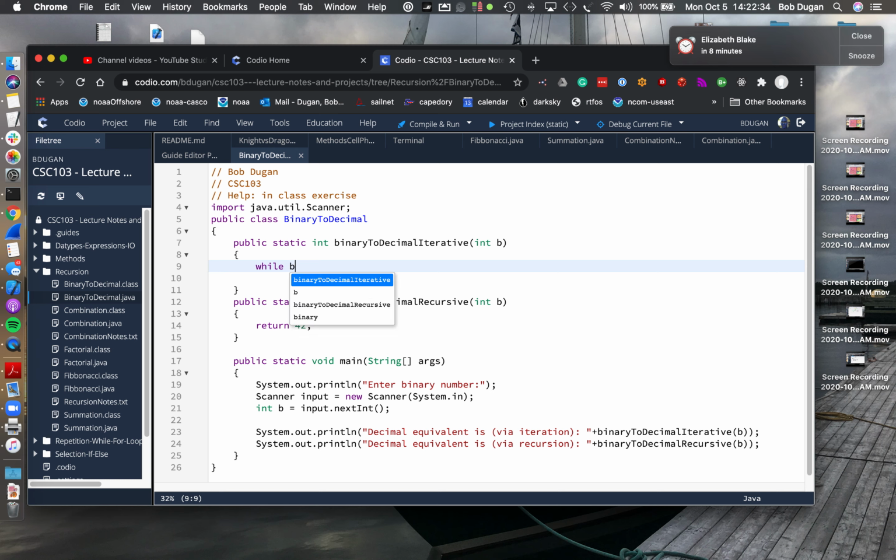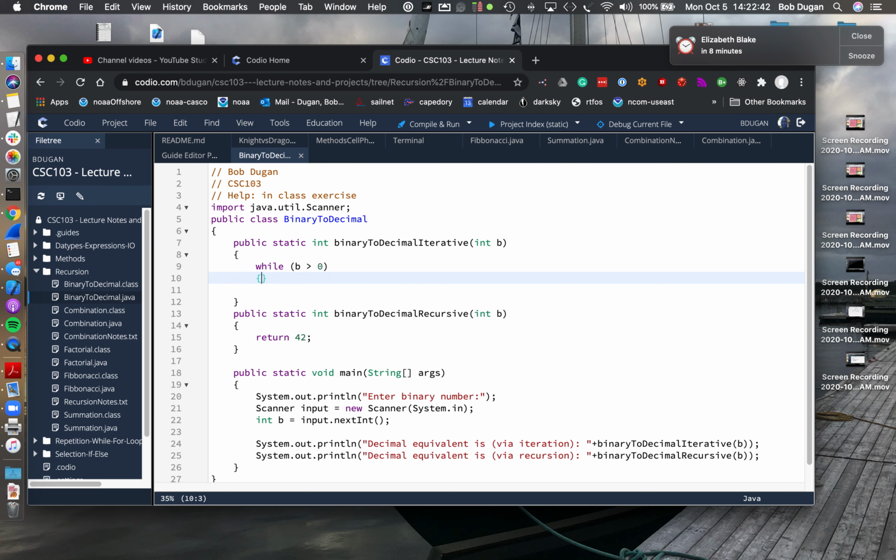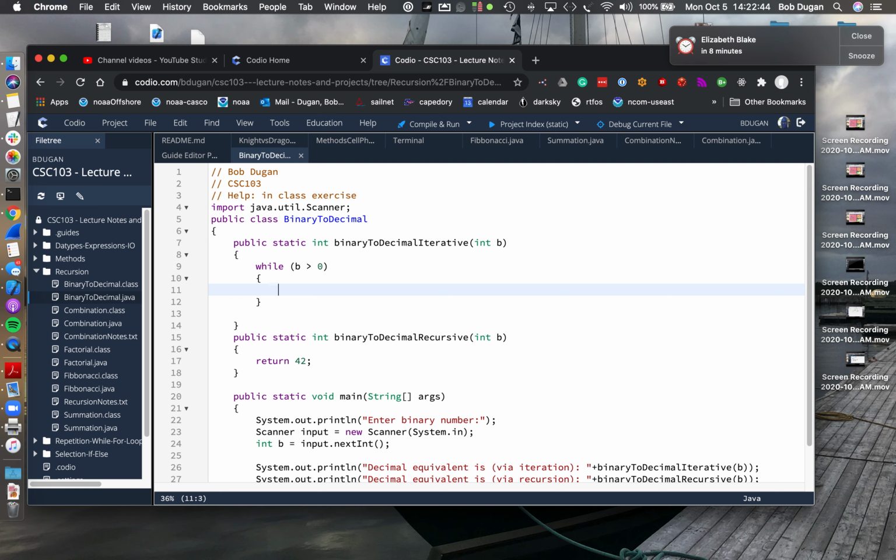While b is greater than 0, let's break up the number. I don't know exactly how this is going to go just yet. I'm thinking about it a little bit. But what I'd like to do is a